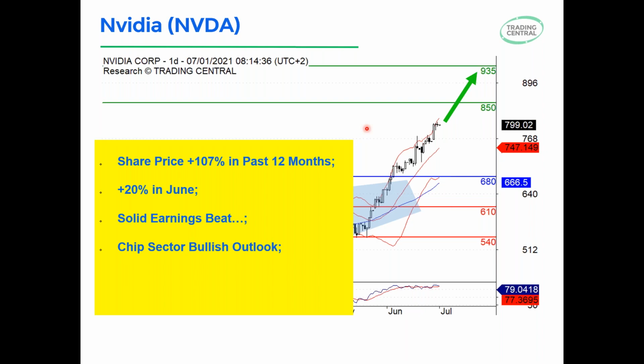Okay, because the pandemic has impacted the supply, the production of chips, and at the same time, with the reopening of the economies, we are seeing more and more people using computers,